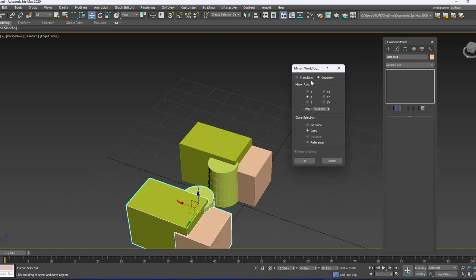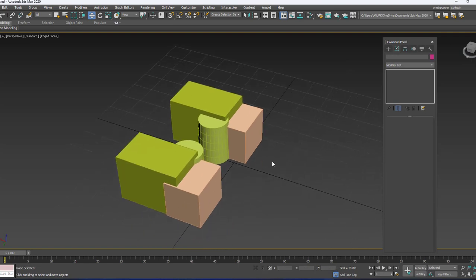You can switch the mirror axis and then give the offset. And then if you want to copy or instance, already we know that if we do any changes in the original object, that will affect the copied objects also. Like this way, depending on the requirement, you can do the mirror.